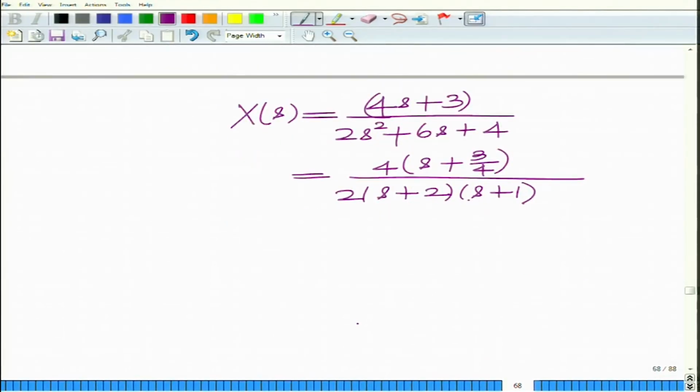Okay. So, you can write this as 2 times (s plus 3/4) divided by (s plus 2)(s plus 1),